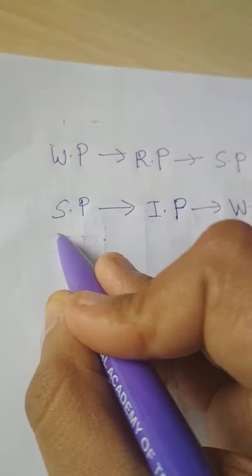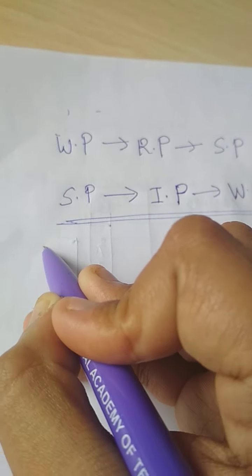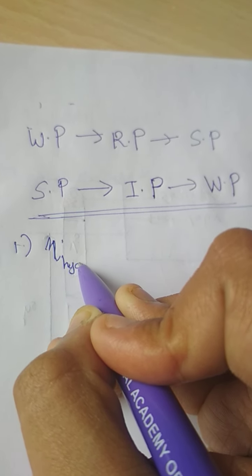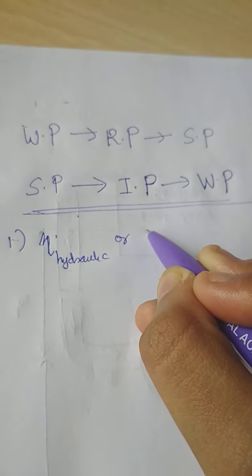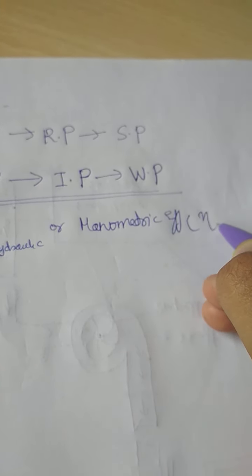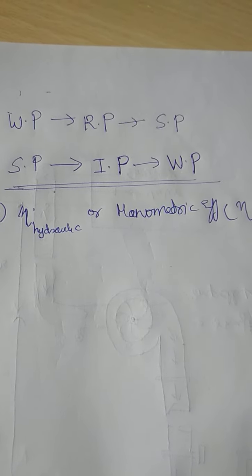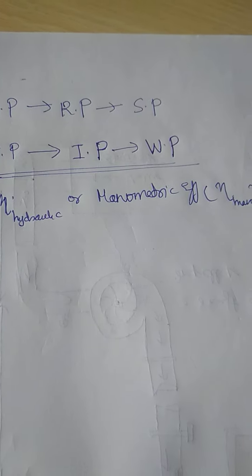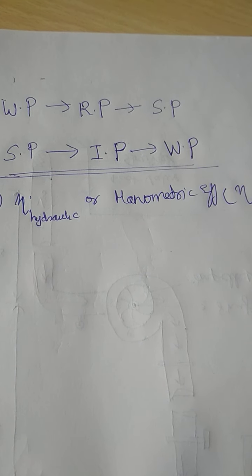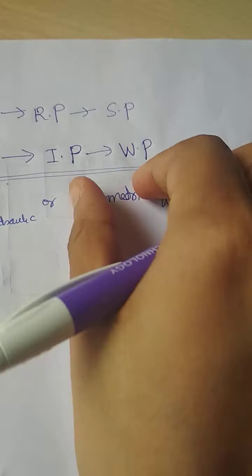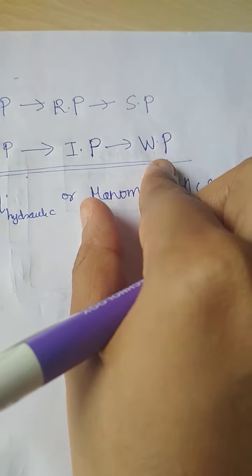First we will see the efficiency which is known as hydraulic efficiency, eta hydraulic, or it is also called manometric efficiency, denoted as eta mano. So manometric efficiency is nothing but the hydraulic efficiency. You always consider that particular part which is taking into account the water part. If you look here, the water power and impeller power, this is the place where hydraulic efficiency will come into play, right?